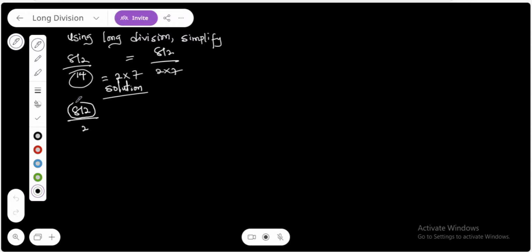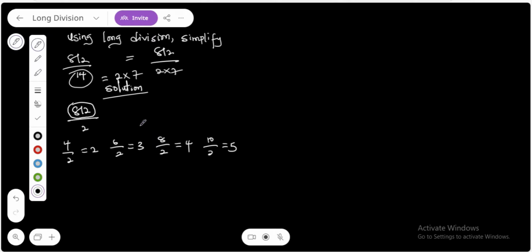Now, look at the dividend, 812. It looks a bit complicated too. Now, if I have 4 divided by 2, easily I know it is equal to 2. If I have 6 divided by 2, easily I know it is equal 3. If I have 8 divided by 2, it is equal 4. If I have 10 divided by 2, it is equal 5. However, if I ask what is 812 divided by 2, you might not easily be able to say the answer